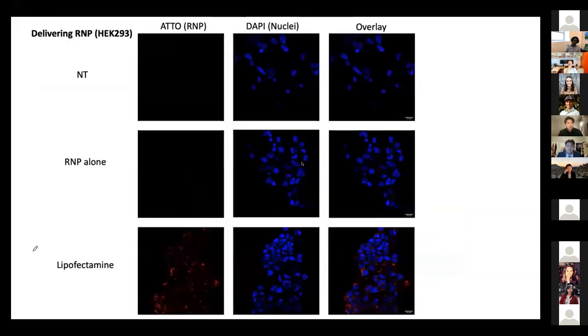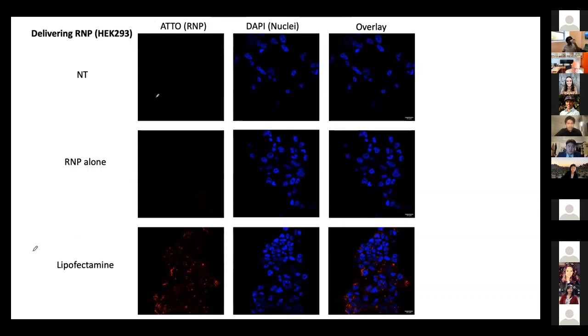So we also delivered our CRISPR-Cas9 components as ribonucleoproteins. And for this, we use confocal microscopy for better quality images and to track intracellular localization of fluorescent signals that are associated with our ribonucleoproteins. So here we stained our nuclei with DAPI to visualize our cells. And here the fluorescent labels are ATTO, and these fluorescent labels are attached to the tracrRNA on the RNP complex. As you guys can see here,